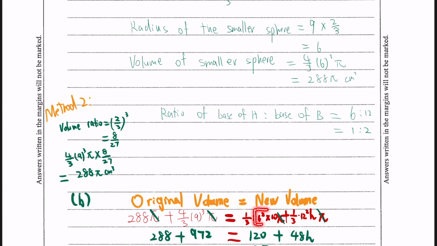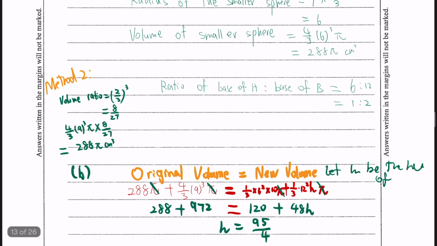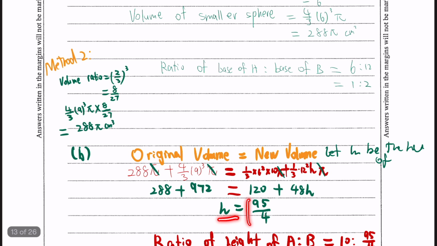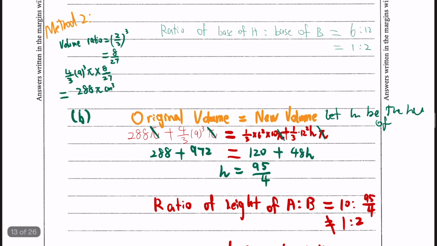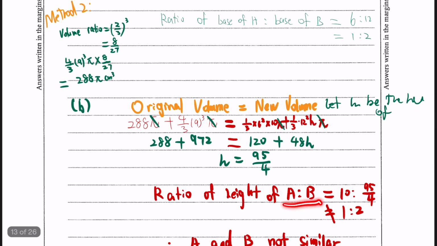So here is the base area, r squared π, π is here as well, r squared π times the height. The height here is an unknown, so we need to let h be the height. Remember to write the assumption sentence, okay? Now we cancel all the π at the first step, and then we can calculate h equals this. So the ratio of height is